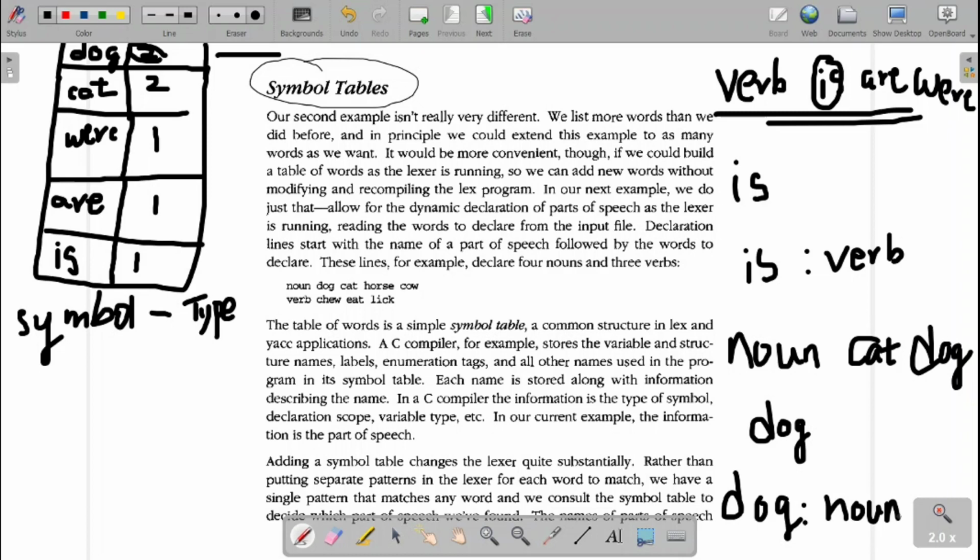So for that application, I need a memory area wherein I need to store the symbol along with the type of the symbol. Fine. So where to store this? That place we call a symbol table. That is, a symbol table is a memory location which will be used to store the symbol along with its type, or the values. Fine. So along with the symbol, the type will be stored over there. Fine. Then next.